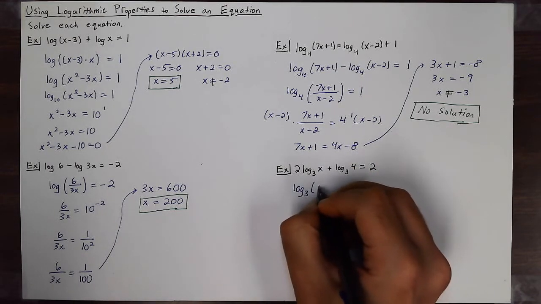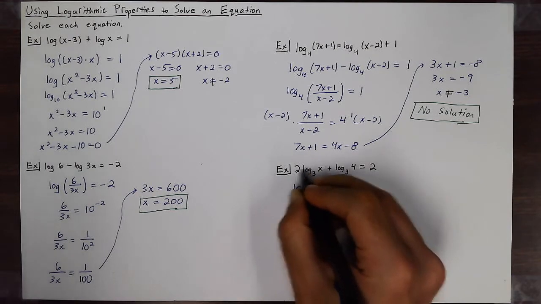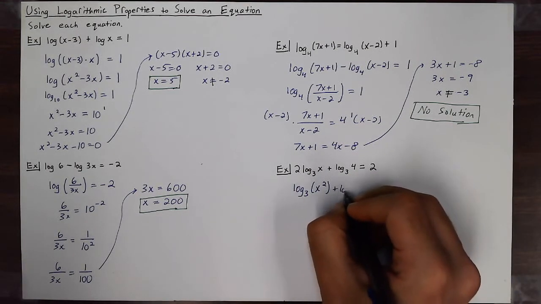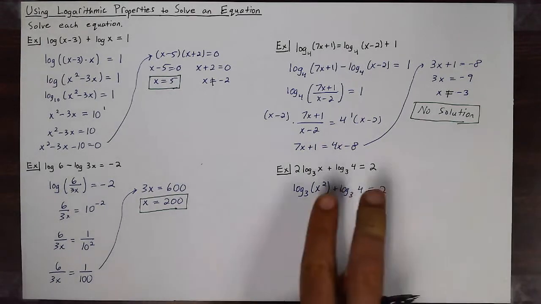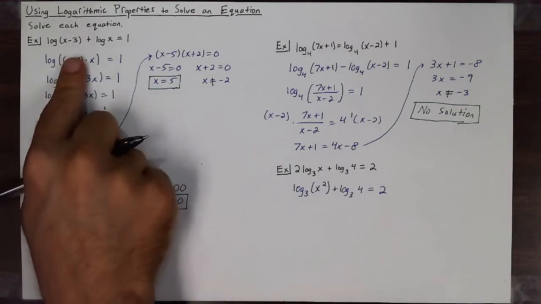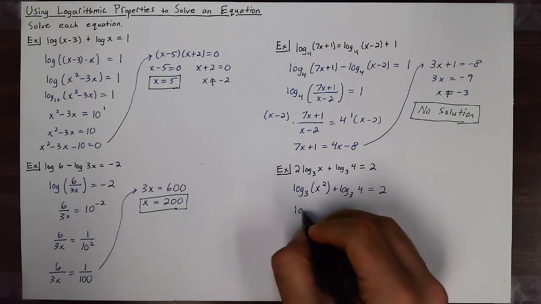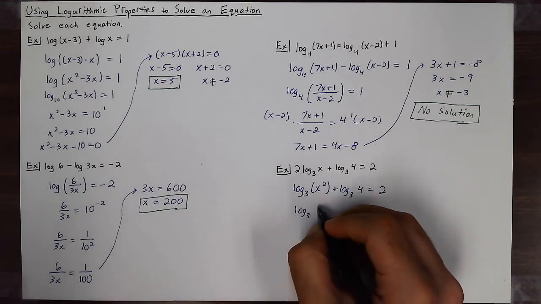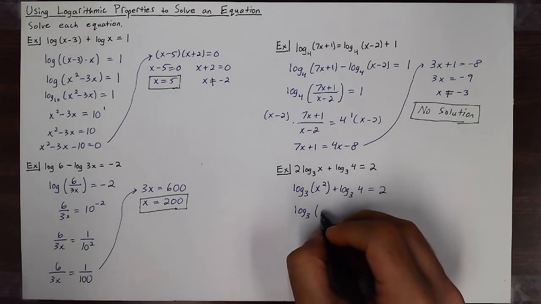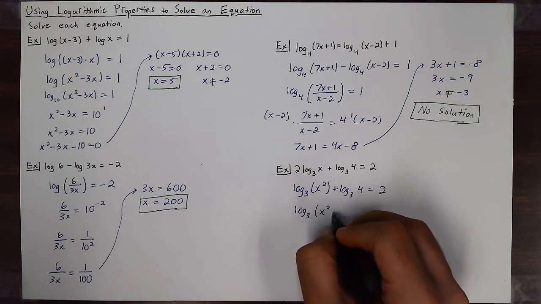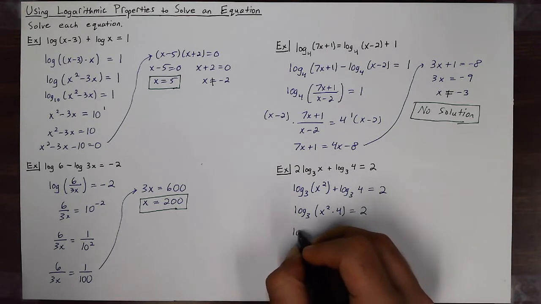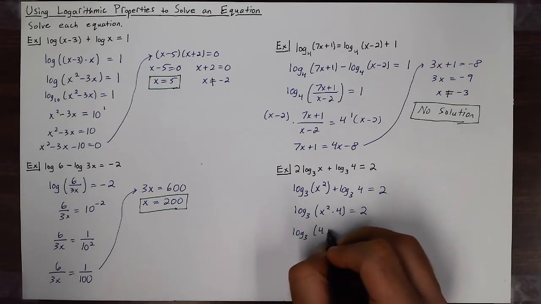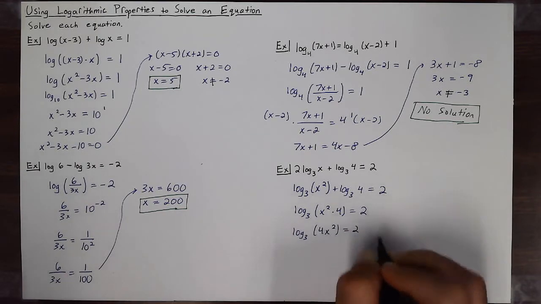Give me log base 3 of x squared. It becomes a power on the inside. Plus log base 3 of 4 equals 2. Now they're being added, so just like in the first example, I can combine this into one logarithm. Log base 3 of x squared times 4. So I have log base 3 of 4x squared equals 2, and now it's set up for me to switch